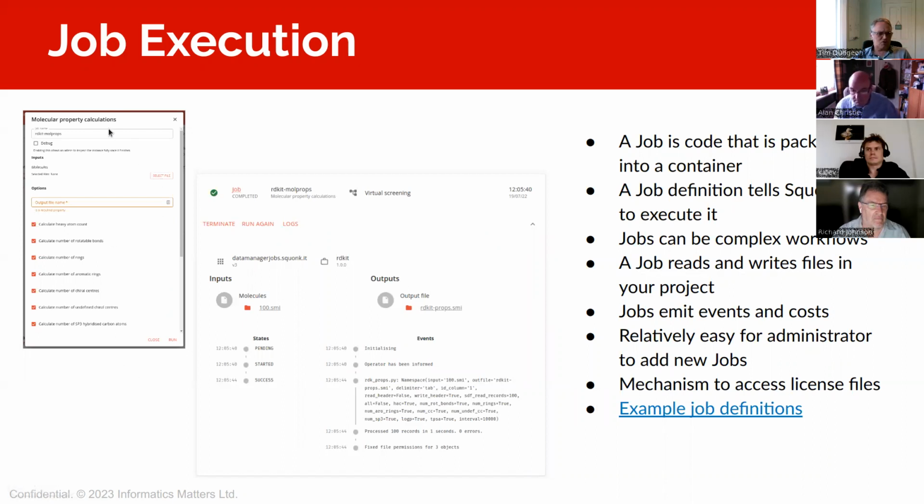So you choose from a list of jobs. Here we're showing one for calculating some molecular properties. This one is using RDKit, but we also have ones that use CDK and Chemaxon. And so you choose to run that job. You get a user interface auto-generated for you, allowing you to specify your inputs, your outputs, your options, and things like that. And then you run the job, and you get a detailed report of the job executing and completing,